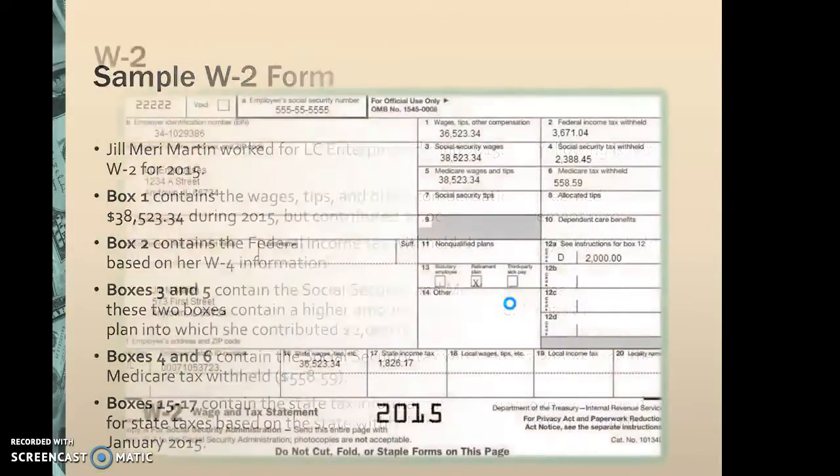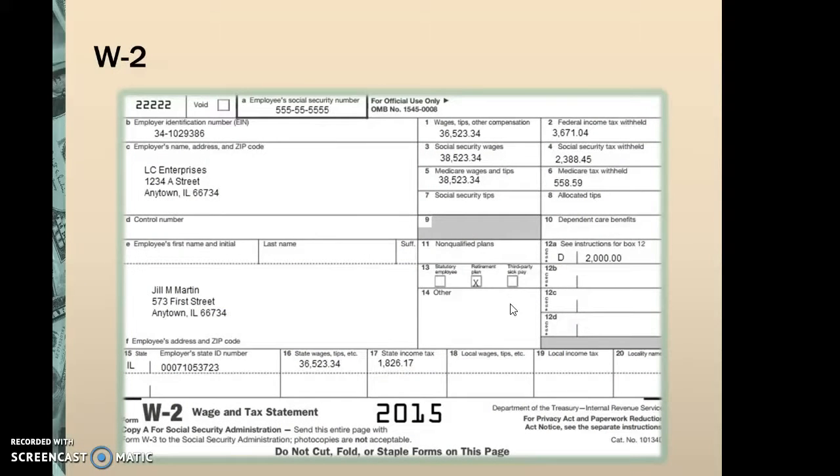So if we look at the sample here, which is covered on page 168 in your book, box 1 contains the wages, tips, and compensation. So in this case, Jill has earned $36,523.34. Box 2 is the federal tax withheld. Box 3 is her Social Security wages. These were the wages that were eligible for Social Security and were taxed. Box 4, as you can see, is the Social Security tax withheld. Box 5 is your Medicare wages and tips. And most of the time, these two do match, Social Security and Medicare. And then box 6 is your Medicare tax withheld. Also, sometimes on your W-2, as you can see in box 12, contains the amount for non